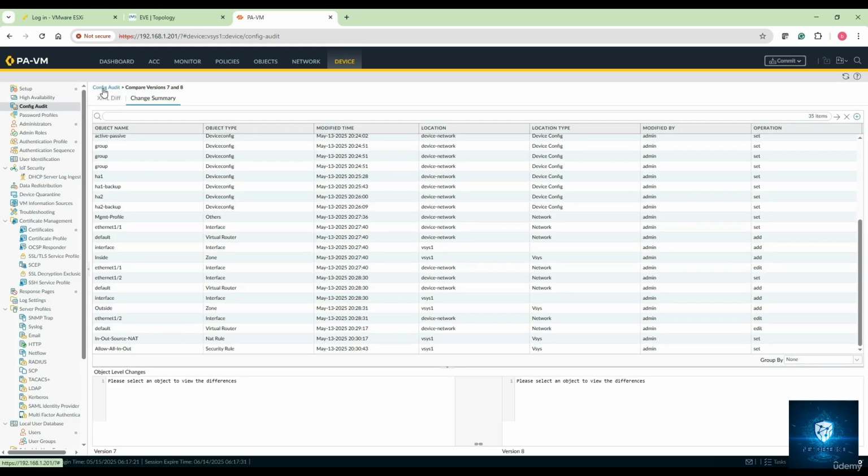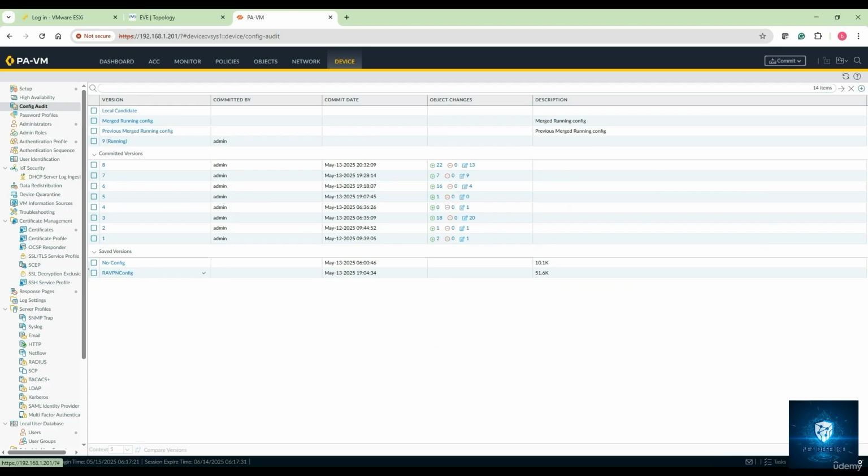Okay, so if you go back to the config audit, right, so yeah, there are two things. So you can select up to 2 config versions, all right, and you can understand what differences have taken place, right? Okay, likewise,